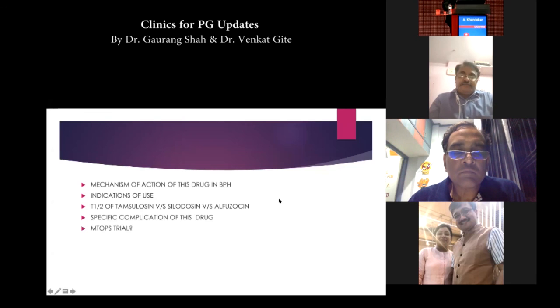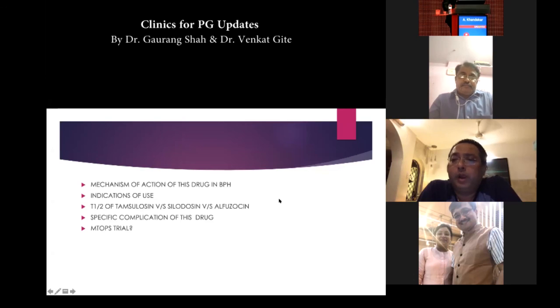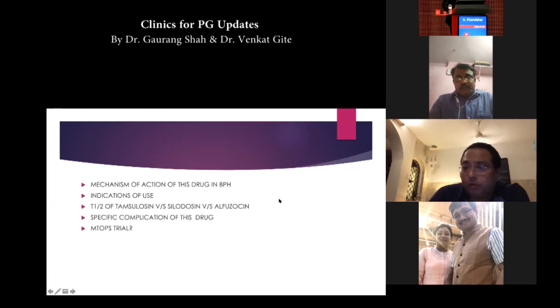Exactly. Here you just need to add one thing to whatever sir has said, that its role is mainly in the lower ureteric stone. Because Gite sir asked about upper and mid ureteric stones, there are no alpha blockers there. Basically, it is for the lower ureteric stones. What studies have shown is a 60% chance of 6 millimeter stones clearing in the lower ureter, 50% in mid ureter, and 40% as it goes to the upper ureter.